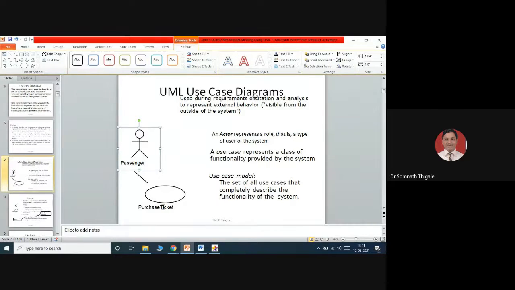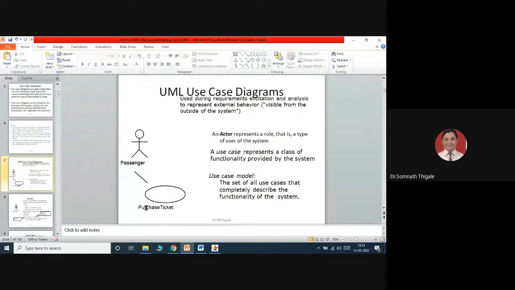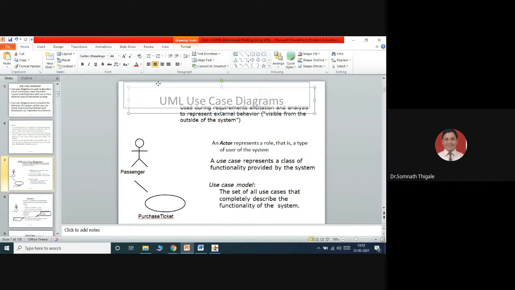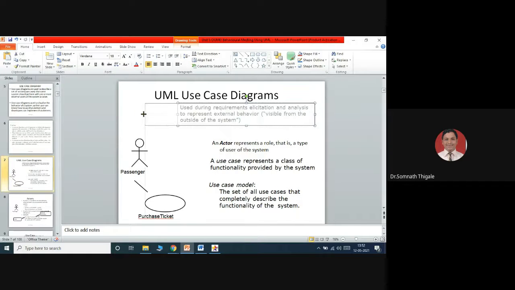Actor. This is called what? Use case, an operation. So purchase ticket is an operation. So an actor represents a role, that is a type of user of the system. So passenger is using it. So just simply consider an example. So I'm taking the help of this scenario to help you understand.